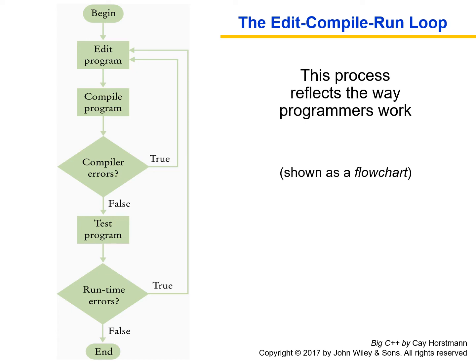Programming is not a linear process. You're going to write your program, you're going to hit compile, and you're going to get compile errors. This is inevitable. There have been a few cases in my life when I have written a program completely from start to finish without any compiler errors, but it's pretty darn rare, okay? And I don't expect it to happen at all to someone at your experience level. You're going to make some mistake somewhere in your syntax, okay? So you catch those compiler errors, you go back and edit the program again,